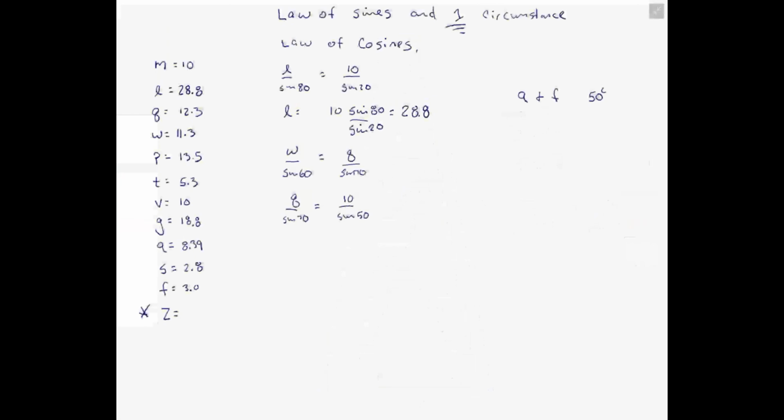We have 3.05 over 6.86 times sine of 50, which is something like 0.76. And once you work that out and take the arc sine, you have